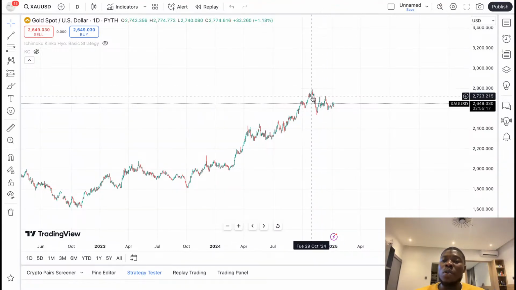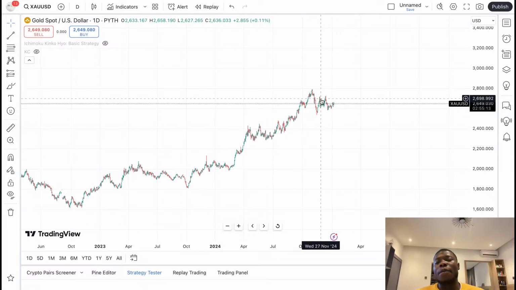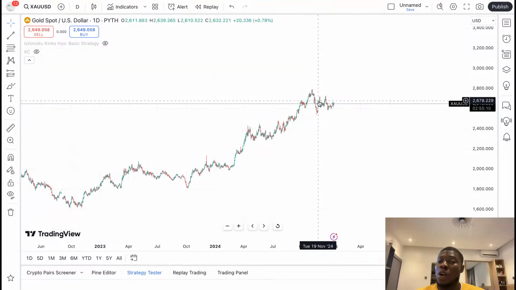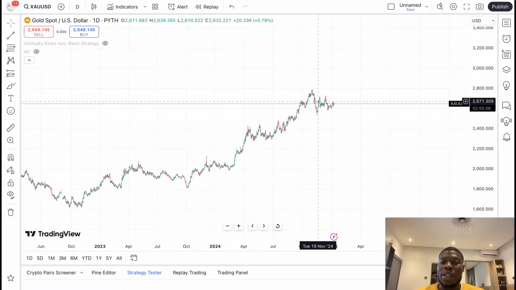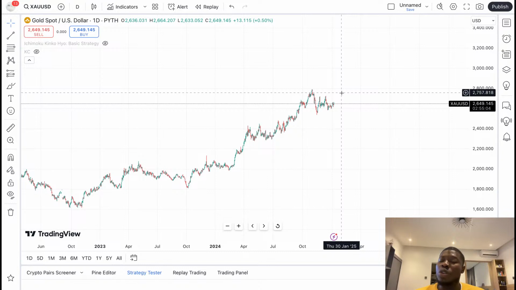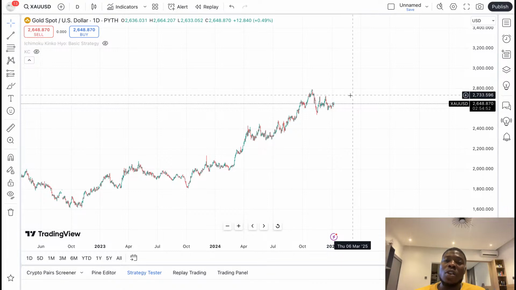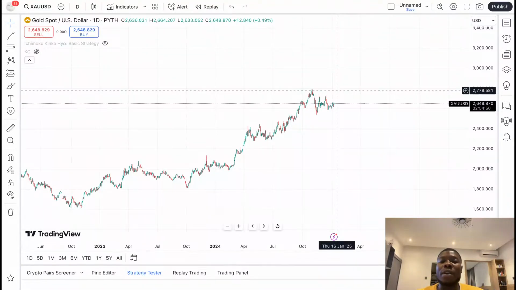But if gold is in an uptrend and you're using a ranging pattern, or the pattern you're using works in a ranging market, that means it will fail in a trending market. So whichever thing you're doing, you need to know if you're using the right strategy on the right market structure. Because if you're not, you will always have failure.